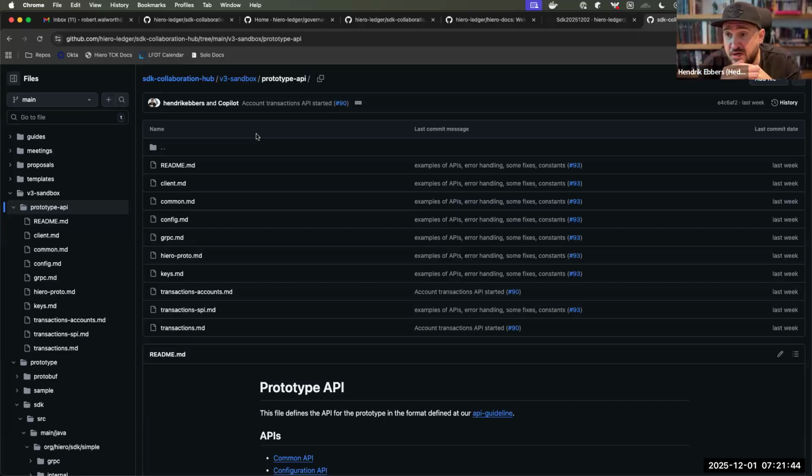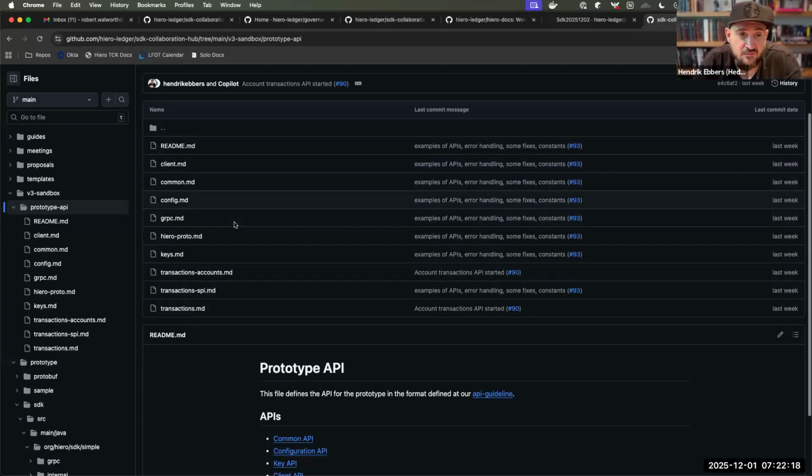I created the Java code to execute one transaction in the way I believed a V3 could look, so that we had a good base. Then we used that base to start the discussions, did a deep dive into API parts, and wrote documentation about how we would see a V3 API exactly in those files. So this, what Rob is now sharing, is the most important part from my point of view.